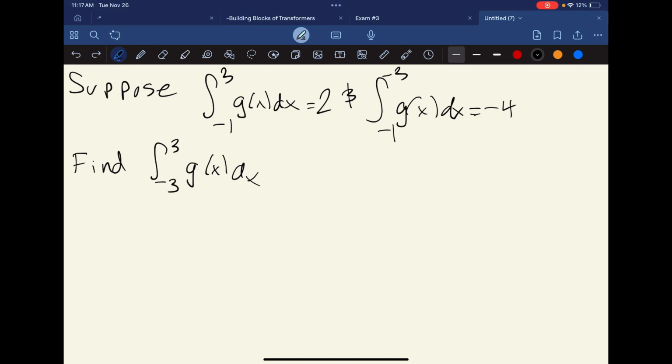Okay, so similarly to the last problem, the first thing you want to do is go through and see if there's any integrals that need to be flipped, right? So you look at this first one, -1 to 3. An integral needs to be flipped if the bigger number is on the bottom. In the case of this first integral, -1's on the bottom, that's less than 3, so we're all good there. However, for the second one, -3 is the smaller number between the two, so we're going to need